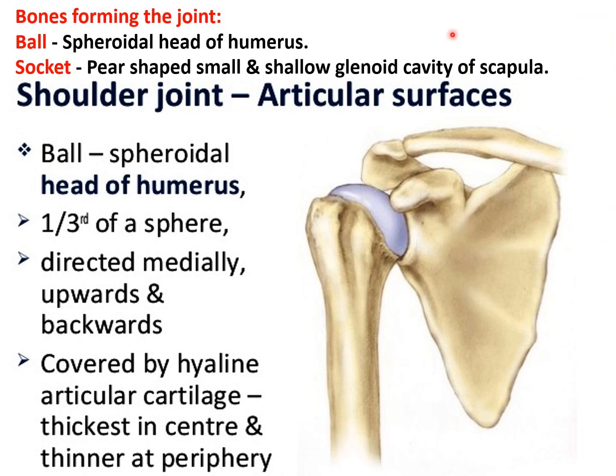What are the bones that are forming the joint? The ball of the ball and socket joint is formed by the spheroidal head of the humerus, and the socket is formed by a pear-shaped, small and shallow glenoid cavity of the scapula. The articular surfaces: the ball is formed by the spheroidal head of the humerus, which forms 1/3 of the sphere,